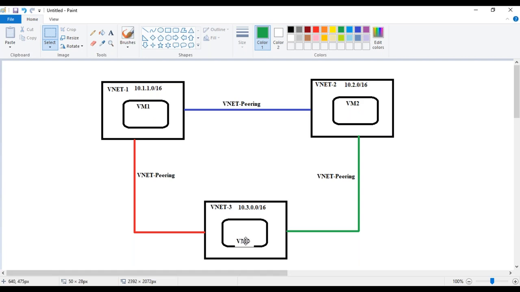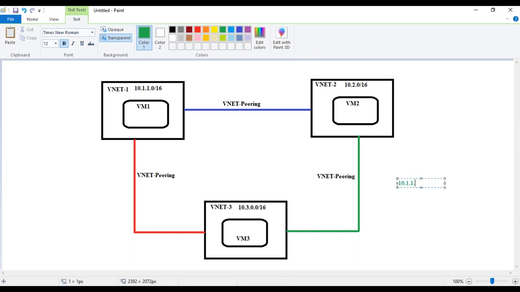When you create a VNet and a subnet, imagine you create a subnet called, for example, 10.1.1.0/24. Remember, the first three IPs will be used by Azure itself. This is the same case in AWS as well. That means it is going to use 10.1.1.1, 10.1.1.2, 10.1.1.3.